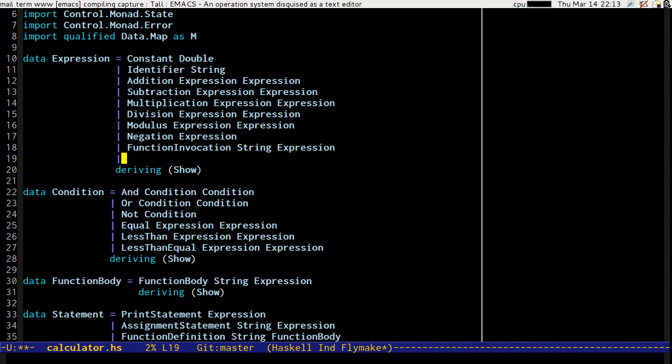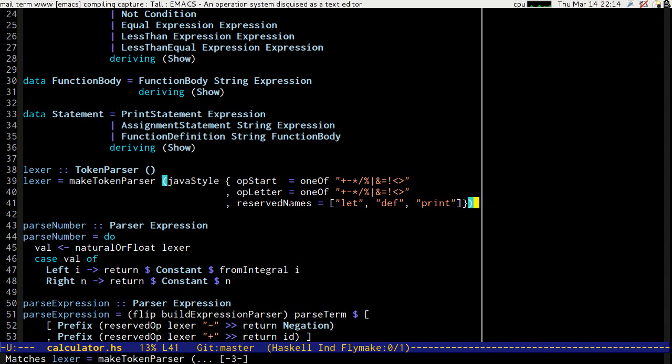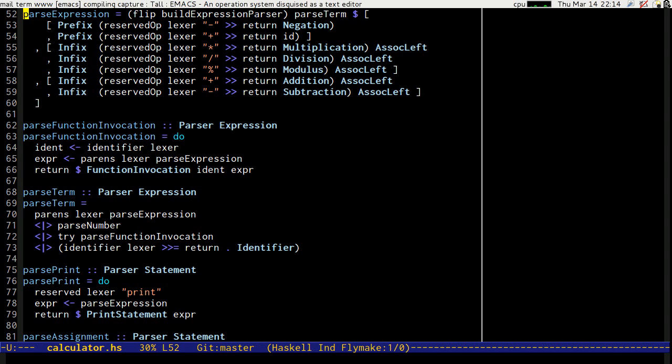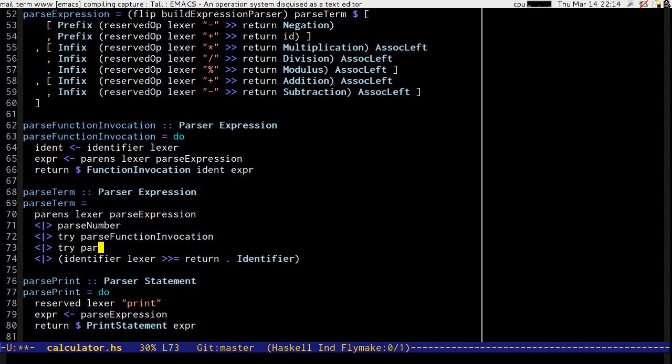We also want to add a conditional expression type, which can be fairly easily decided on as condition like that. And we're going to add some reserved words to let us do this, and the reserved words that we're going to use are if, then, and else, because what else would we use? So one of the first little bits that we're going to do is we're going to add a term to our parse term, which will be a conditional term. So let's say try parse conditional,